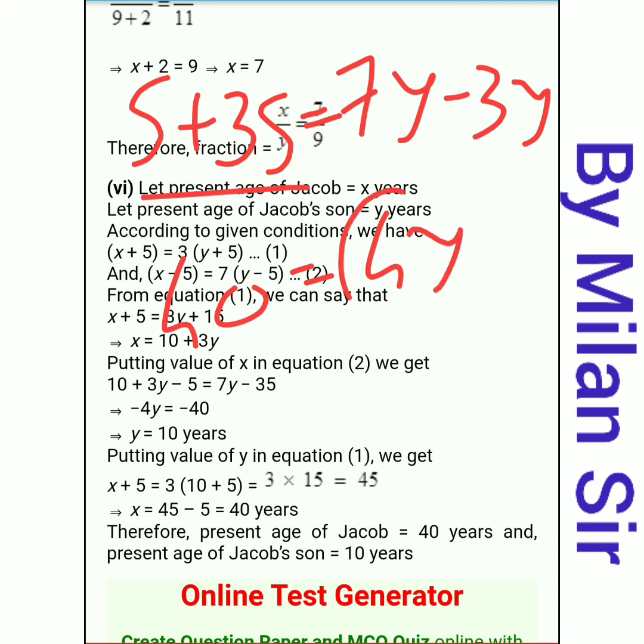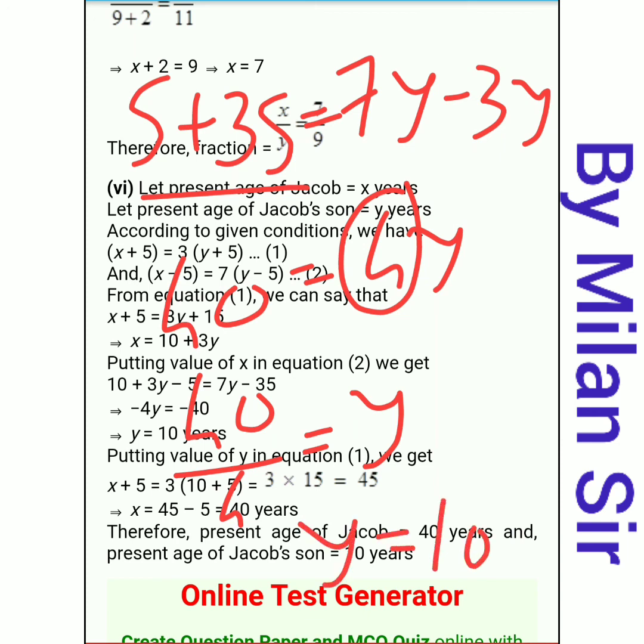Now transfer this 4 to the left hand side for finding the value of y. So this 4, if we transfer to the left hand side, it goes to the denominator, right, 40 by 4 is equal to y. So y is equal to 10. Okay, we get the value y is equal to 10 here.